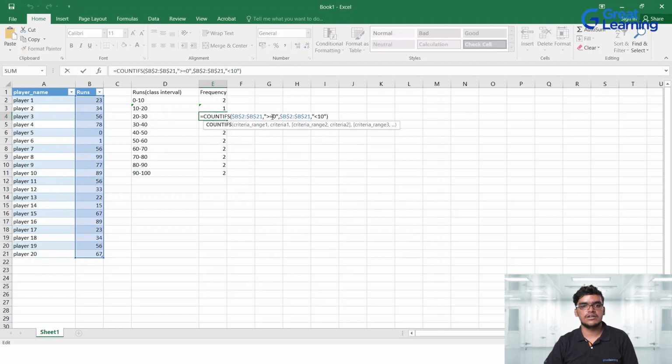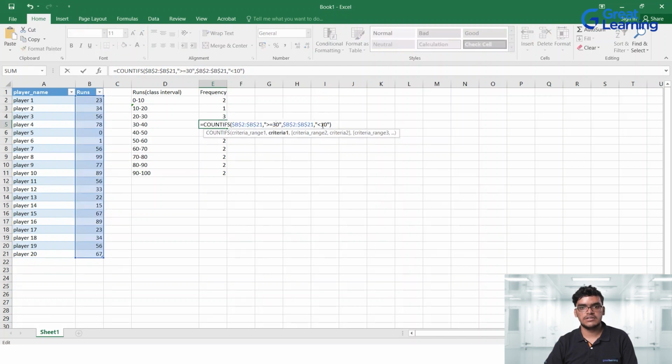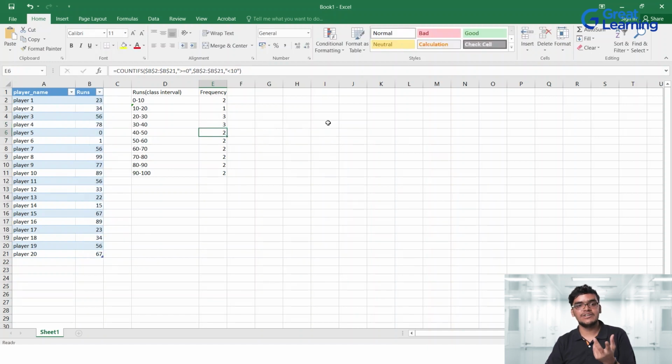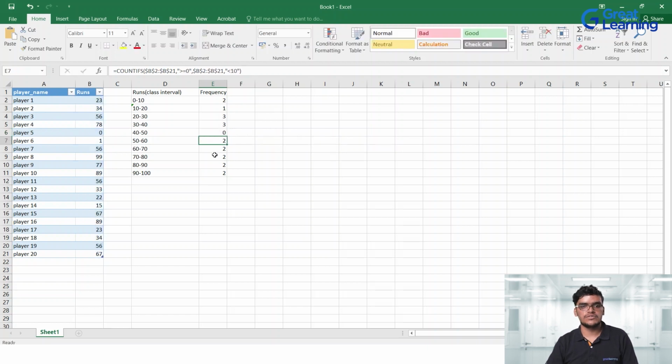Now, you can apply this formula for all the class intervals. So once again, I have to change here from 20 and then 30, and let me press enter. And then once again I will write 30. I have to just change it. So now you got to know why I have taken two criteria. The first criteria that I am giving is that it's greater than or equal to 40, and the other criteria is less than 50. So it will go for all the class intervals. So I'll just write 40, 50, just small changes, and you will get